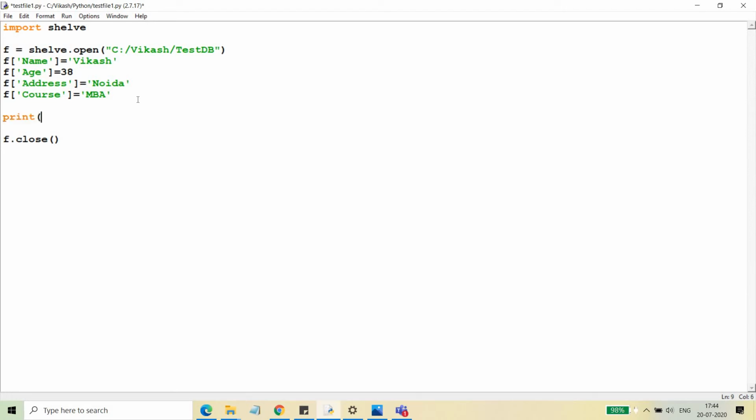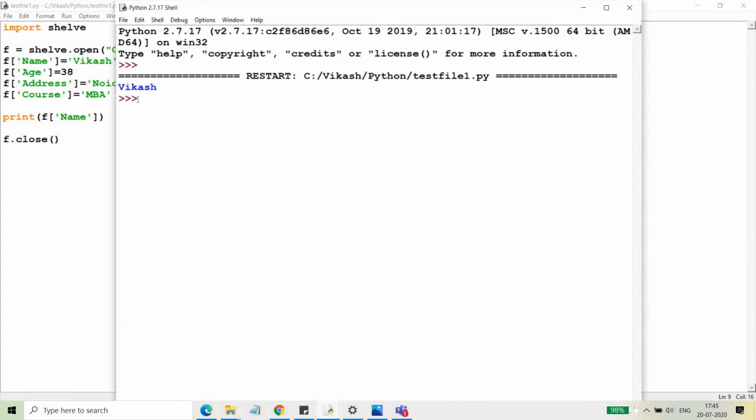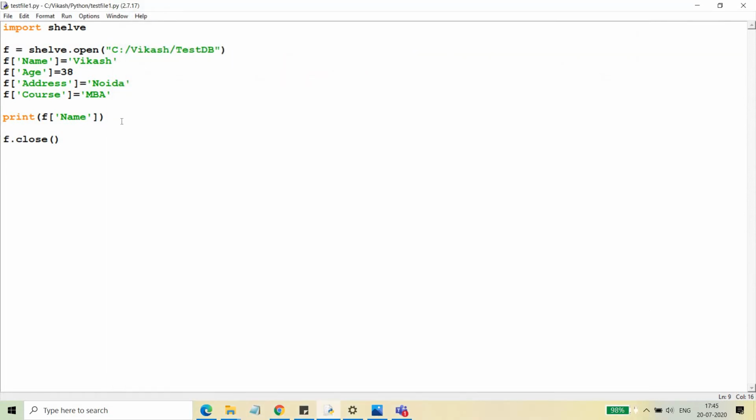So we can do one thing, like if I have to print something, print f and open, sorry, name, then will we be able to print it? Let's see. Yes, we will be able to print it because it is open for both read and write at the same time. Okay, so let's print all the keys here. How we can print the keys? It's very simple, just like you do for dictionaries that I have discussed earlier in one of my videos. Then you can do like this, and you can do print key, and all the keys will be printed here.